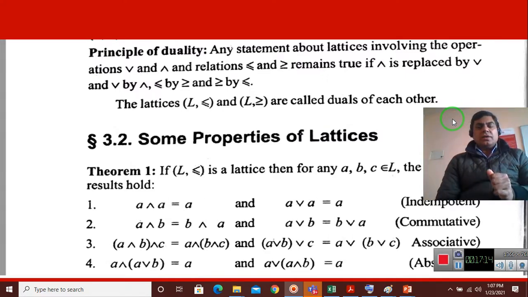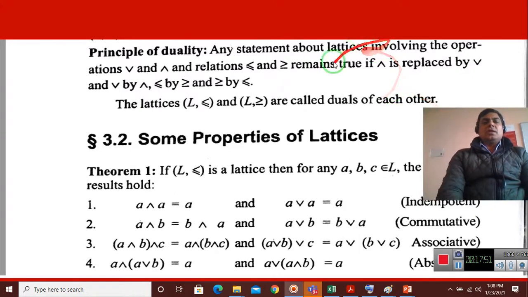Any second class students can solve this problem. If you just replace this downward sign by the upward sign, any students of third or second class can solve. But why are we studying it at the higher level? Because it plays a very important role in designing circuits. When we discuss designing circuit conjunction disjunction forms, we will discuss the duality again. So now we are discussing only how we can find the duality: just replace the conjunction with disjunction, disjunction with conjunction. So it is a simple definition.